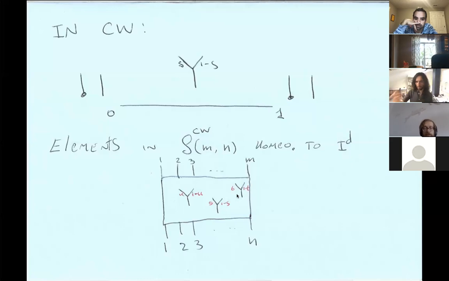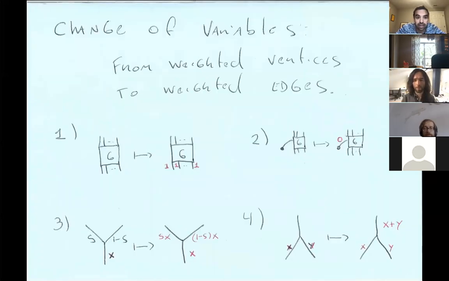We're going to change coordinates to provide weights to all edges. And the second step will be to recognize further structure in the underlying graph. That is the structure of a Riemann graph. So let's start with the change of coordinates. So we're going to go from weighted vertices, as I said, to